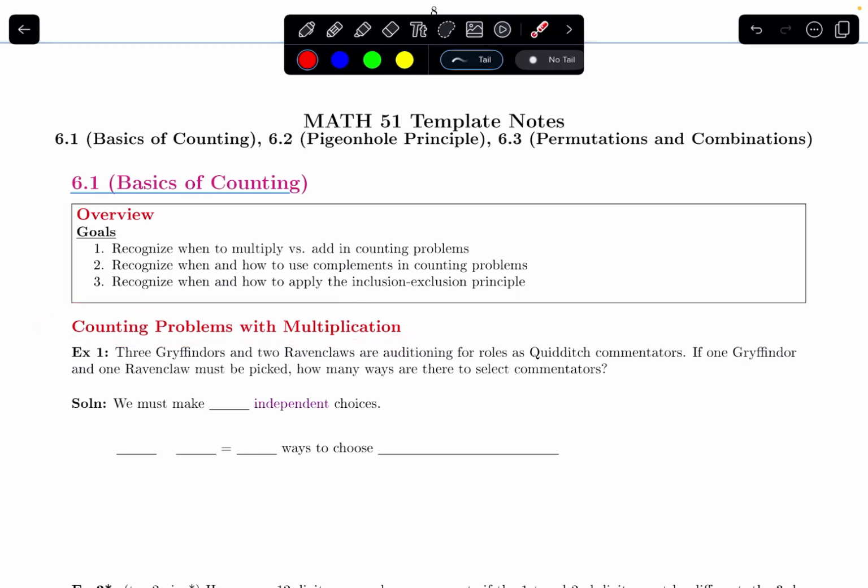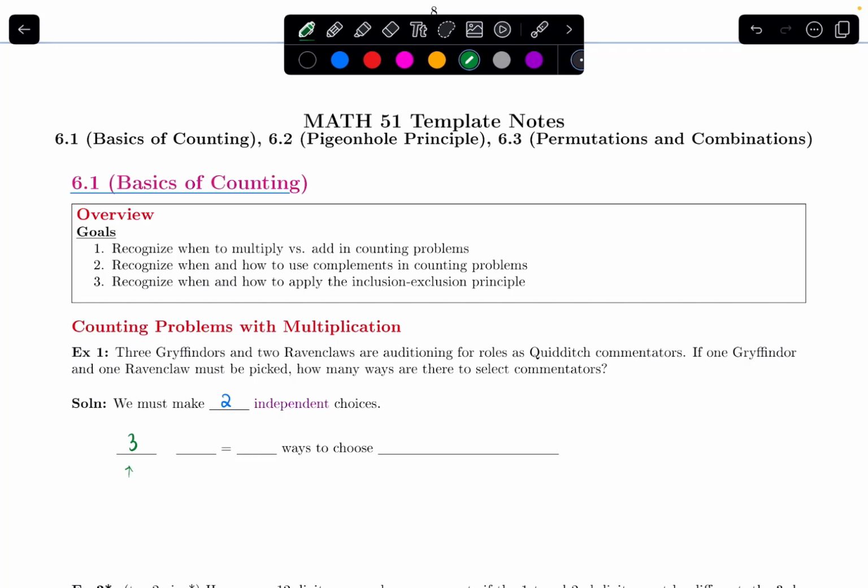So let's get right into an example, which says that 3 Gryffindors and 2 Ravenclaws are auditioning for roles as Quidditch commentators. Okay, so we are in the world of Harry Potter here. If 1 Gryffindor and 1 Ravenclaw must be picked, so 2 total people are picked, how many ways are there to select commentators? Okay, so in this problem, we have to make 2 independent choices. Who we pick for this first spot, who we pick for that second spot. And the problem tells me, well, one of the spots is going to go to a Gryffindor, and there are